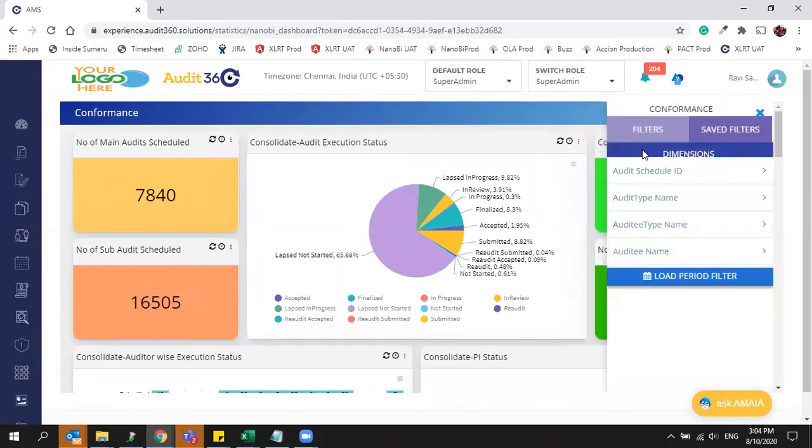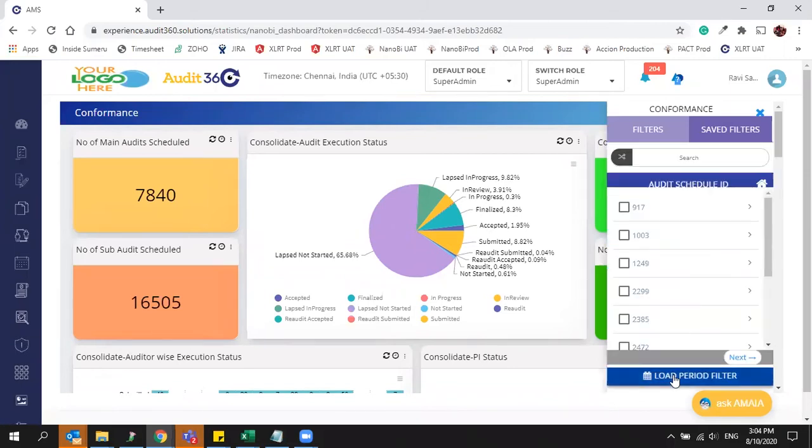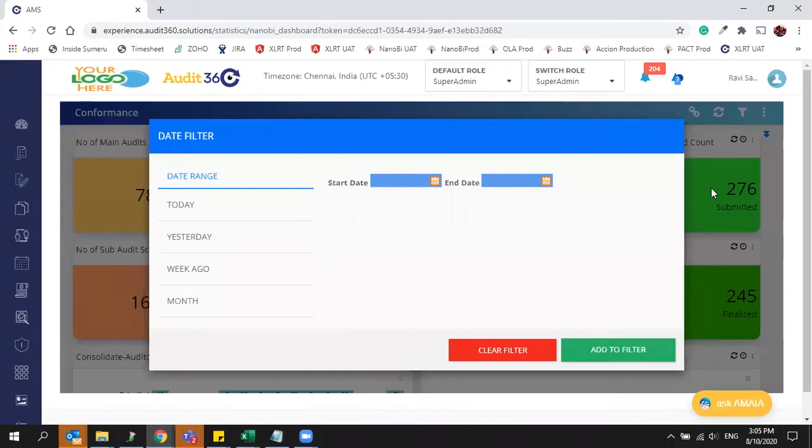So that is one thing, and you can go with the audit schedule filter, audit schedule ID, or if you want to go audit type wise, you can filter. Auditee type wise also there is an option, and auditee wise option. Apart from this, if you want to see any specific period data, like as we told earlier, now you are seeing only the 2 years data.